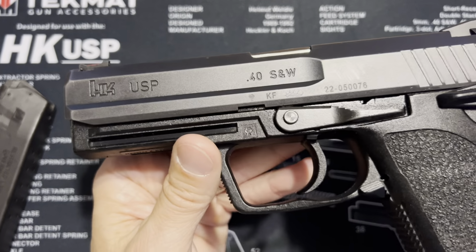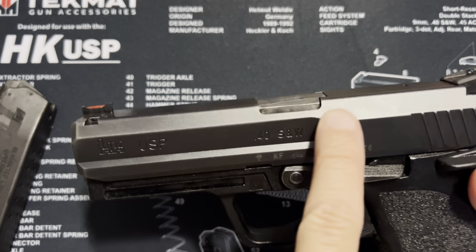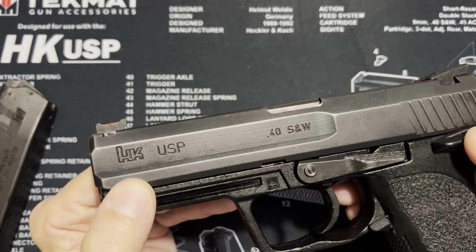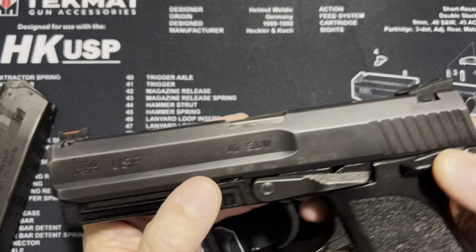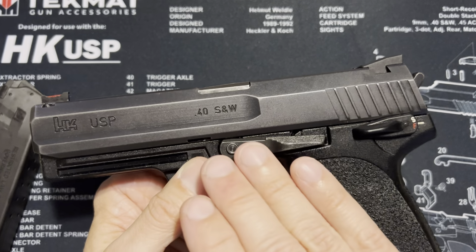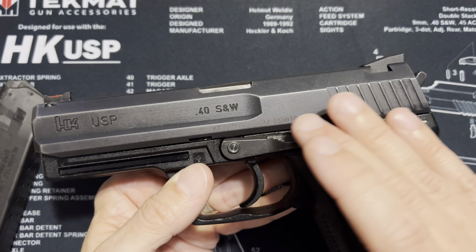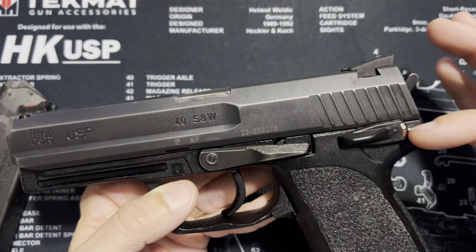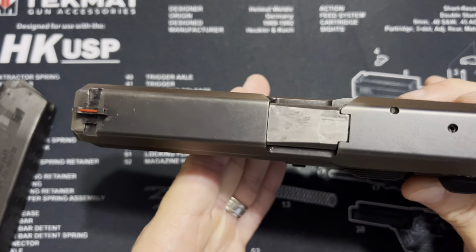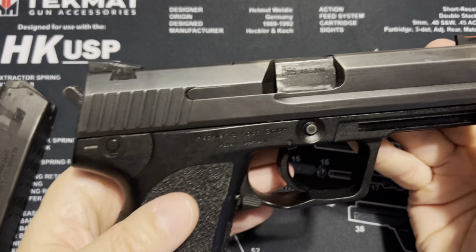The machining itself is very cool, I think, right? First of all, the machining alone into the slide is just very well done. You can just see how well this has been made. And of course, there's the great HK USP stamp up front, and then .40 Smith & Wesson here denoting the caliber, your date code, some of your other stamps, and of course your serial number. Coming back, you've got full serrations here. Coming up over the top, again, as I said, not a slim firearm, but this is a full-size .40 Smith & Wesson. Coming onto this side of the slide,